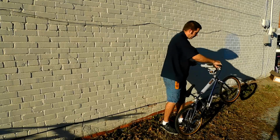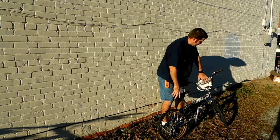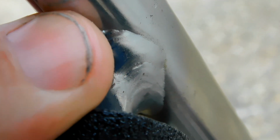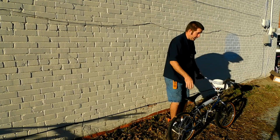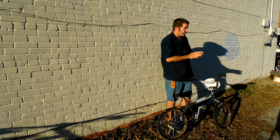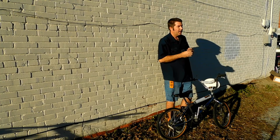These handlebars are some really cool V-bars, and I do believe these are some original Schwinn SX 2000, or basically it's a Schwinn handlebar. It's a brazed handlebar, very lightweight, but this is a really great bike, and I'm really lucky to have this bike. The way I got this bike was I was working at a bike shop in